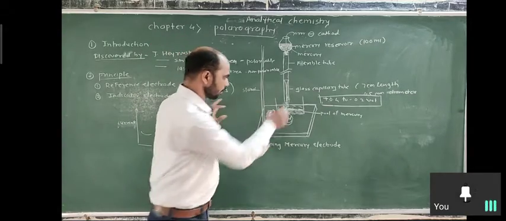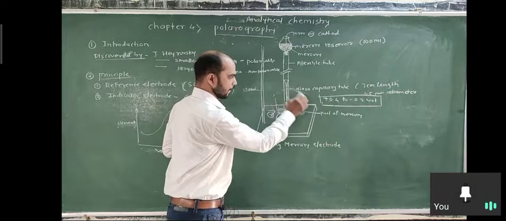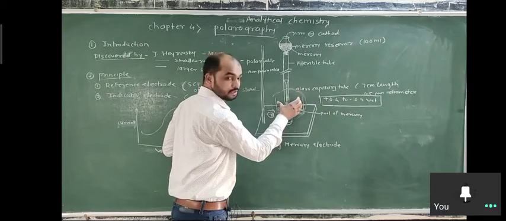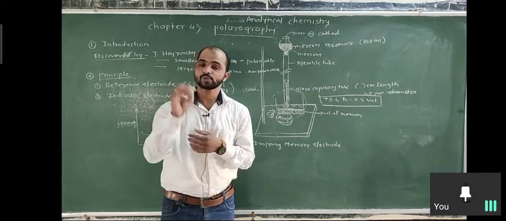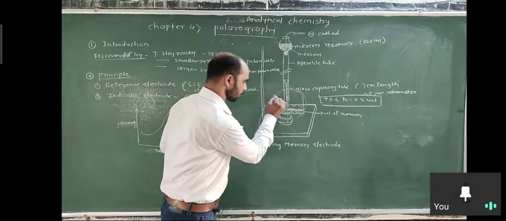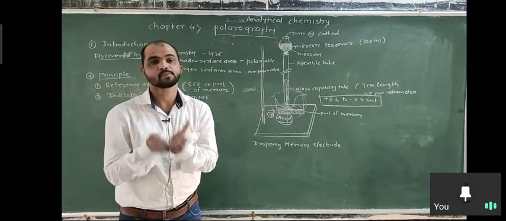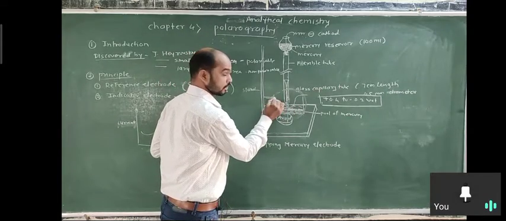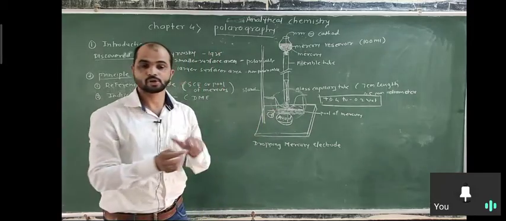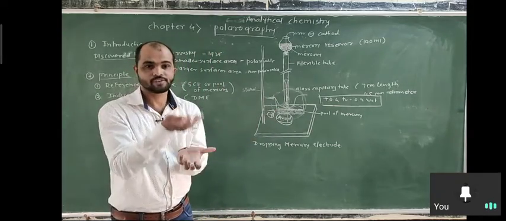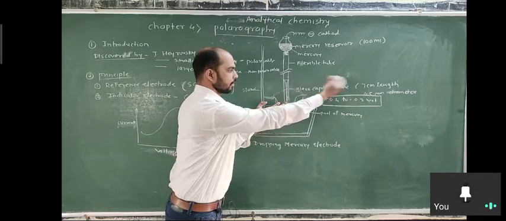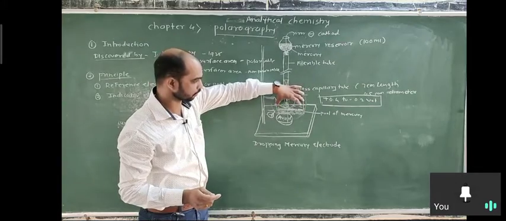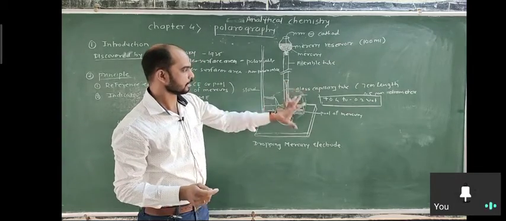In the electrolyte condition, if we place the solution here, oxygen is also present with it. So that's why nitrogen gas is passed through this chamber. Nitrogen is heavier than oxygen. Suppose oxygen is here, if we pass nitrogen, nitrogen takes the place of oxygen, because oxygen is lighter and nitrogen is heavier. So nitrogen comes here and oxygen goes out from the analyte, from the solution. So it avoids the